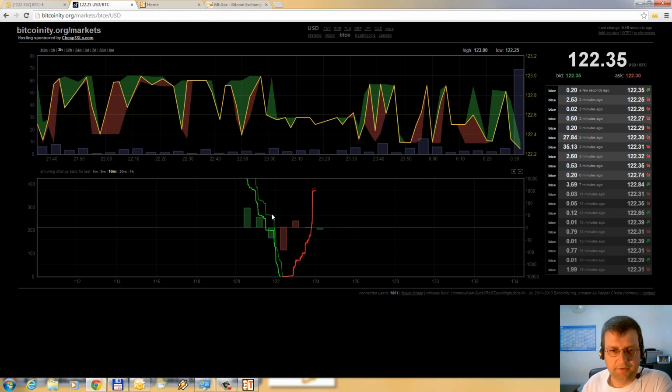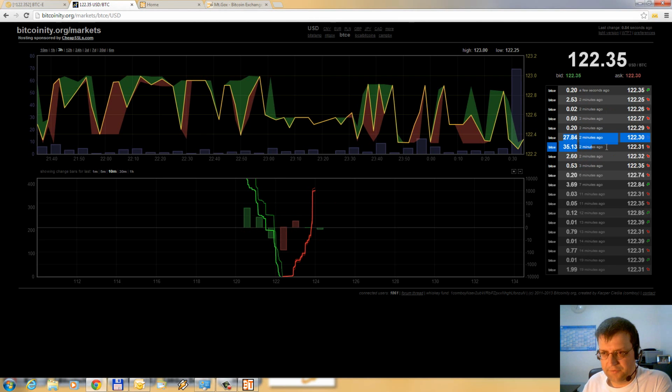So the thin curve had been the original curve, and due to this fast drop of about 60 bitcoins in the last 2 minutes,